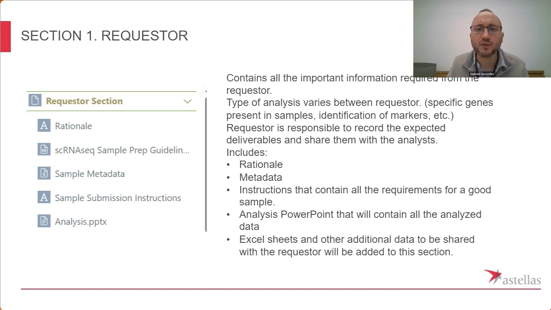Can you give me a pathway that you believe is important in this set of genes or in this sequencing data? At that point, that will go back to the rationale. So they will add that information in the new discussion in the rationale. Then the analyst will be able to go to that section, review the new instructions, and then go back to the analysis and reanalyze the sample